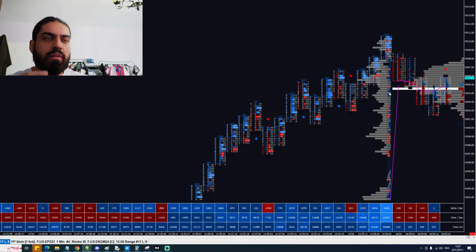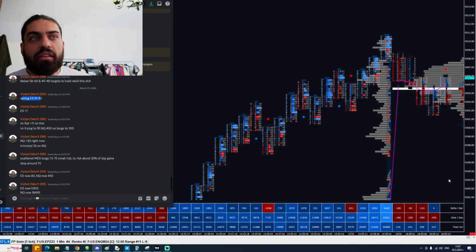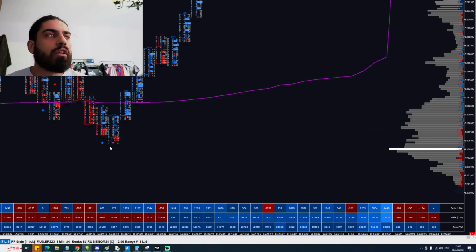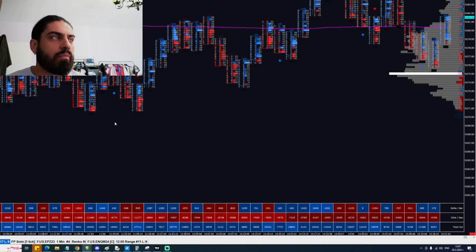But if we combine this with a depth of market, we can see the reactivity a bit clearer. If we combine this with auction theory and volume profiles, we can actually identify the levels preemptively, right, as to where this is. Right, look at that. If we have an area, we're risking small 73 to 75, right, about 20% of today's gains with a stop under 70, right? This is what we posted early in the morning. The low of the move, right? The low of the move on this area was just,